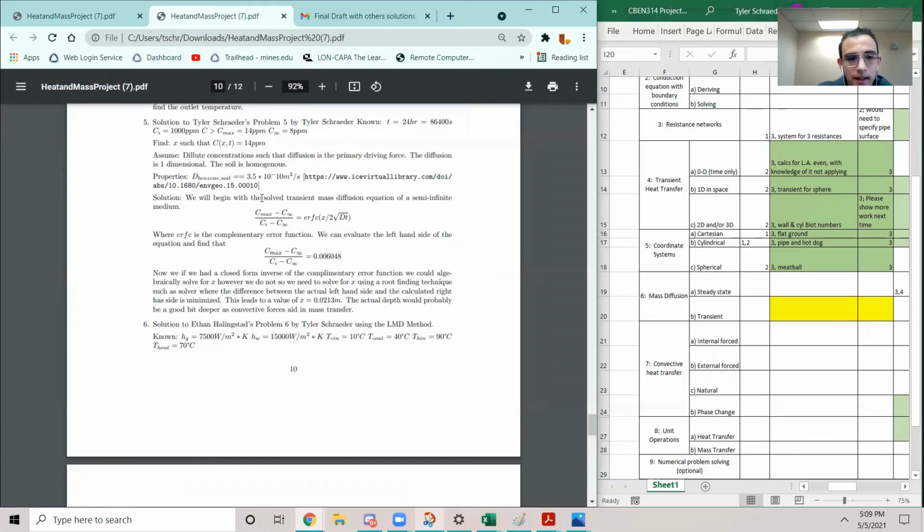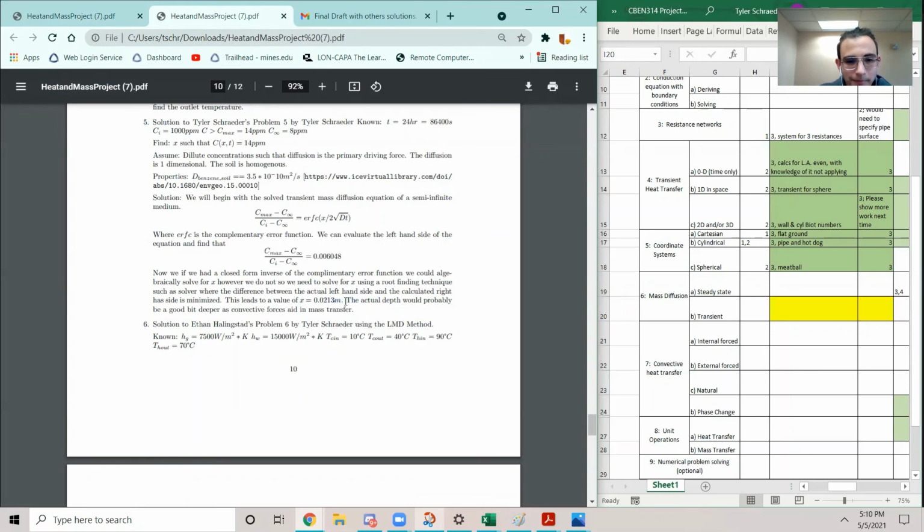and then we just have our solved transient mass diffusion equation with the complementary error function. So we can calculate our basically theta term, and then if you have an inverse of the complementary error function, you can solve this algebraically. Otherwise, you just need to do it using Solver or a similar program. And we want these left-hand side and right-hand side to match up. So we iterate through, and we get a value of x of 0.023 meters,